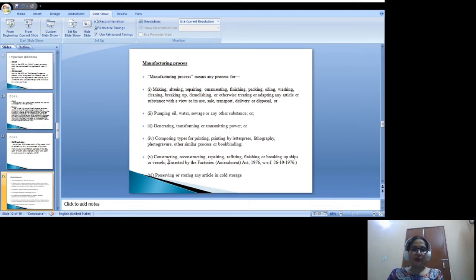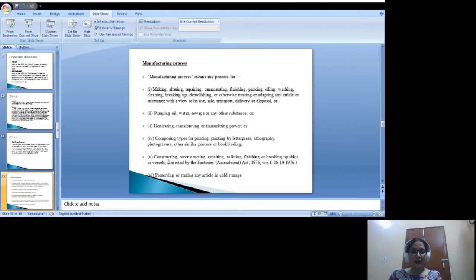Manufacturing process, according to the Factories Act 1948, means any process including making, altering, repairing, ornamenting, finishing, packing, oiling, washing, cleaning, breaking, demolishing, or otherwise treating or adapting any article or substance with a view to its use, sale, transport, delivery, or disposal; pumping oil, water, sewage, or any other substance; generating, transforming, or transmitting